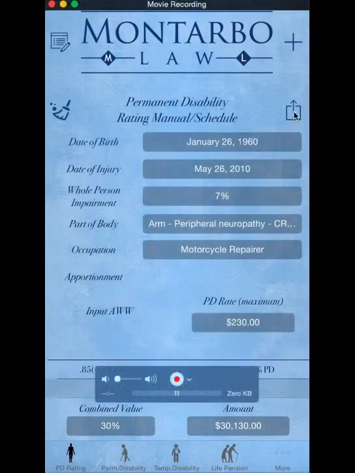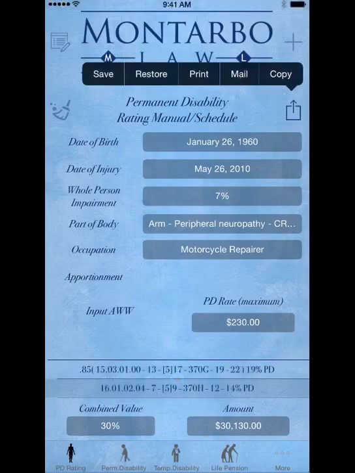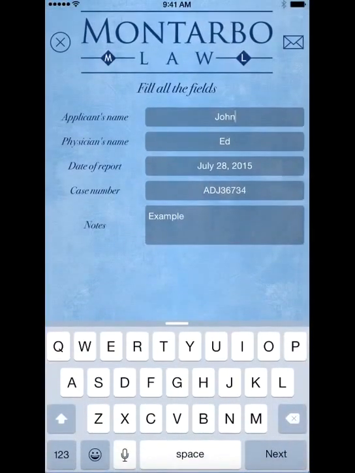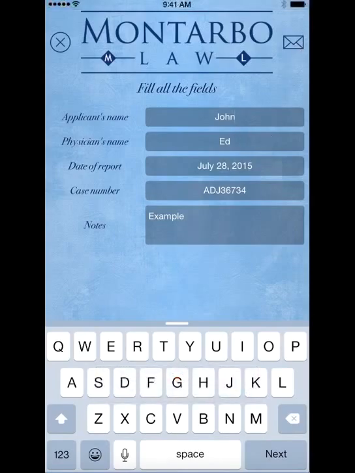Now let's say that I want to email that. Now you can see I can print it to a wireless. I'm not going to go through that, but if you tapped on that and you had a wireless available, you would be able to export it to a wireless. But the mail feature is really neat. I'm going to tap on mail, and up comes, you can see this is everything that we saved away. Here's the mail icon. I'm going to tap on that,